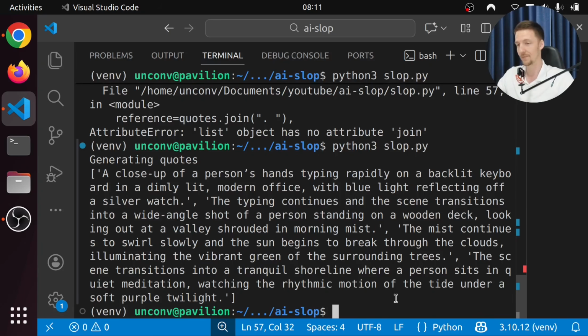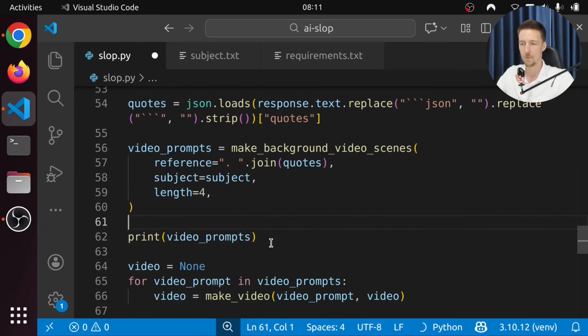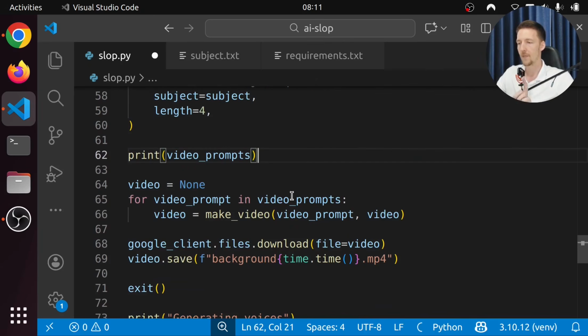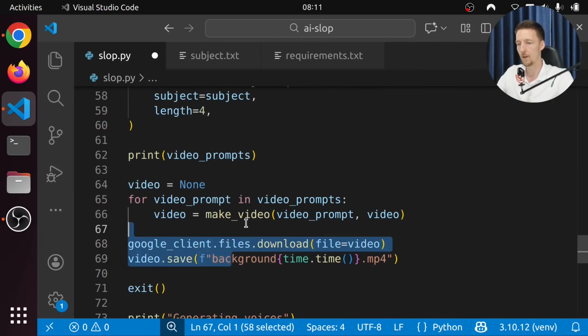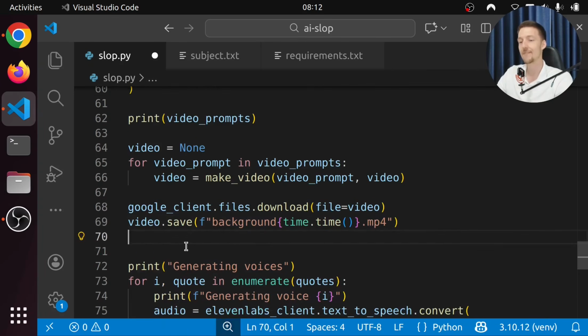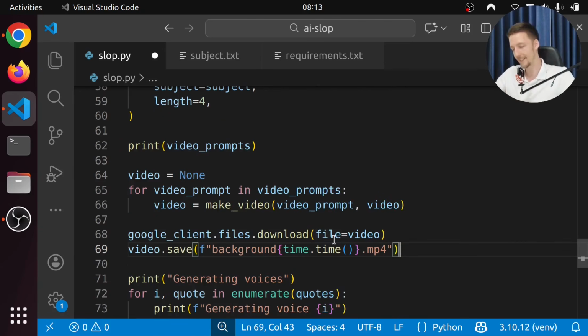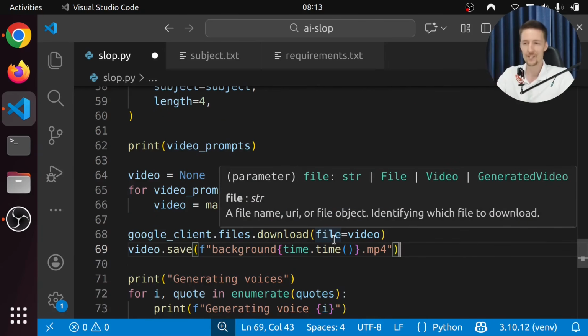That sounds pretty good. Now, unfortunately, we didn't create this video, but let's try to create whatever it decides to make next. We can print the thing just to see what it does. But then we are just going to create a video again, and we're going to download it, and then we're going to exit. And what the hell, let's even generate the voices. Let's do all of it at once. And in fact, let's add the last step.